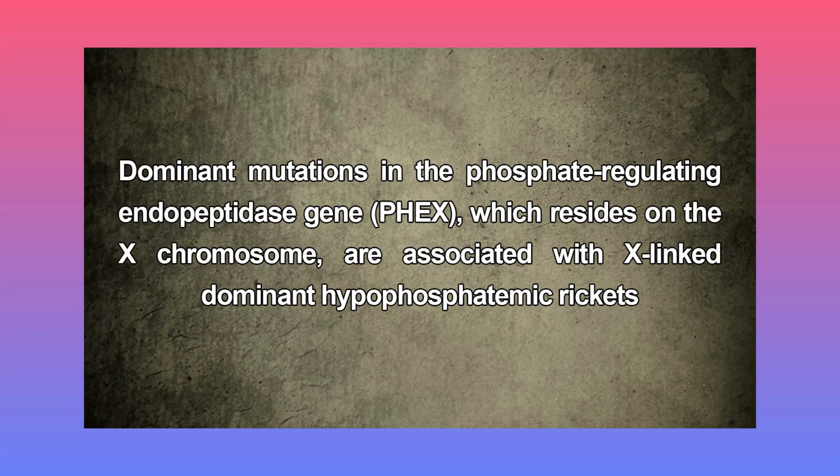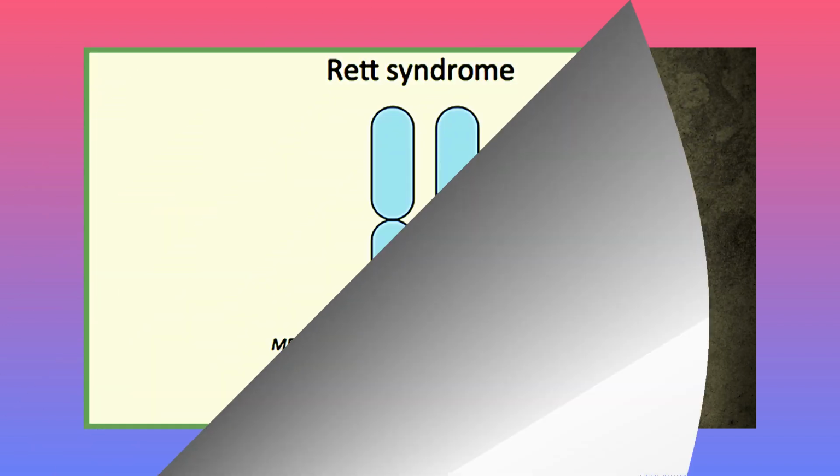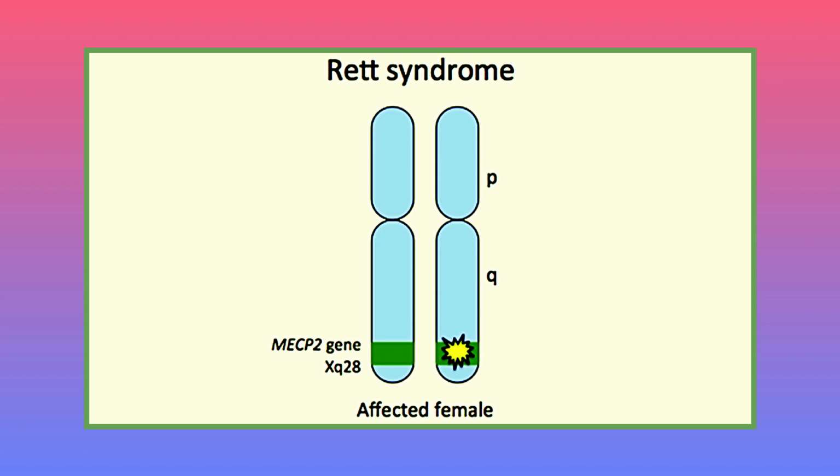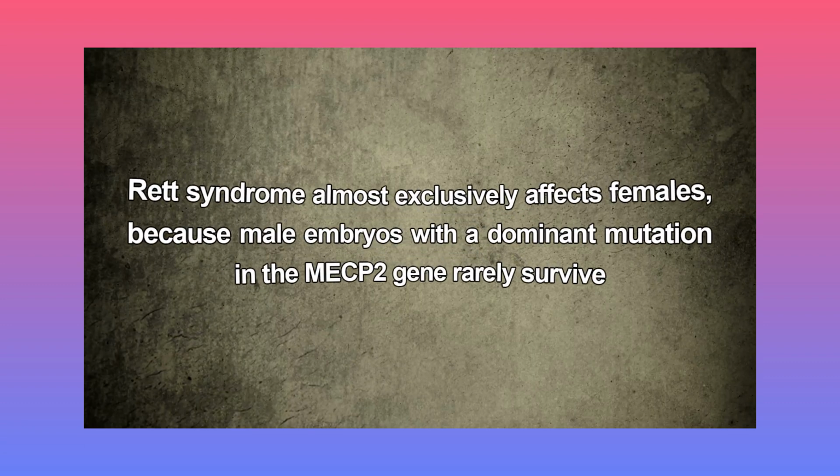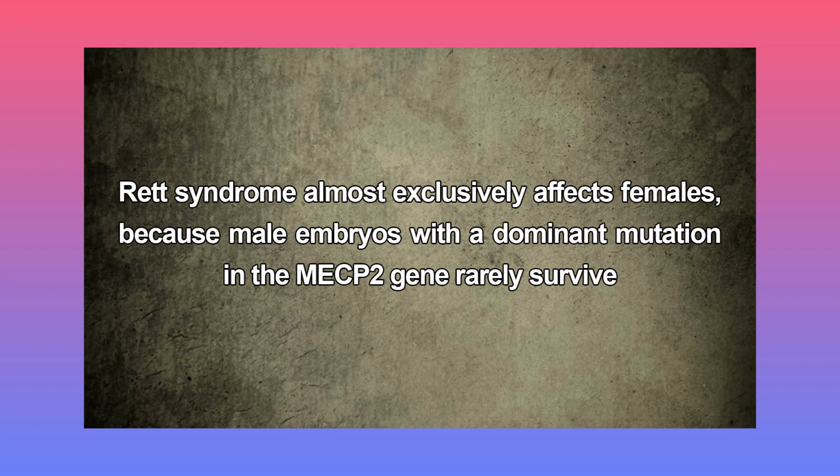For instance, dominant mutations in the phosphate regulating endopeptidase gene, PHEX, which resides on the X chromosome, are associated with X-linked dominant hypophosphatemic rickets. Similarly, Rett syndrome, a neurodevelopmental disease, is associated with dominant mutations in the methyl CpG binding protein 2 gene, that is MECP2. Rett syndrome almost exclusively affects females because male embryos with a dominant mutation in the MECP2